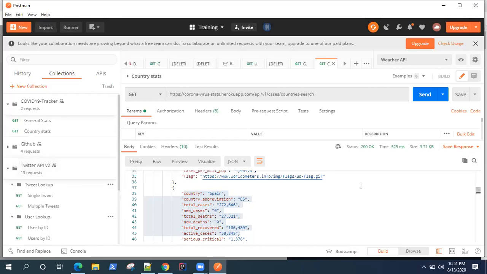So pretty simple, but pretty useful if you are getting started with Postman and you are looking to work with different APIs. This is a great starting point, where you can get access to thousands of different APIs and start working on them in a matter of minutes, right?